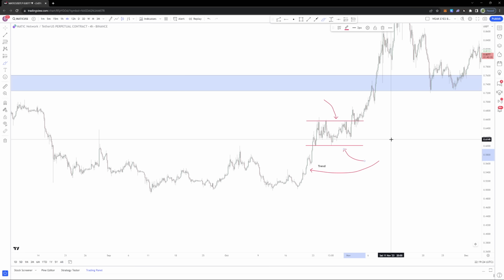Obviously, that's going to take a little bit of time in order to actually give us those boundaries, for us to look at and say, you know what, I'm happy that this is resistance. I'm happy that this is support. And I can now clearly see this good consolidation region developing for me. So Matic does that over this patch of time here. So we've got from the end of October until the start of November here,